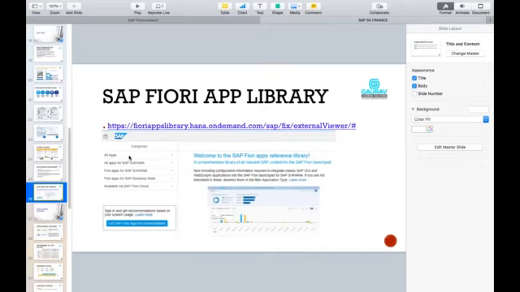If you see the app, then you can find out which role is responsible, which catalog is responsible. You can get all that information. Even this link is very important, in the sense that whatever Fiori apps are available today, if you go after 1 week, you may find there are new apps available and old apps are gone. So this link will always provide you the latest information on SAP Fiori.